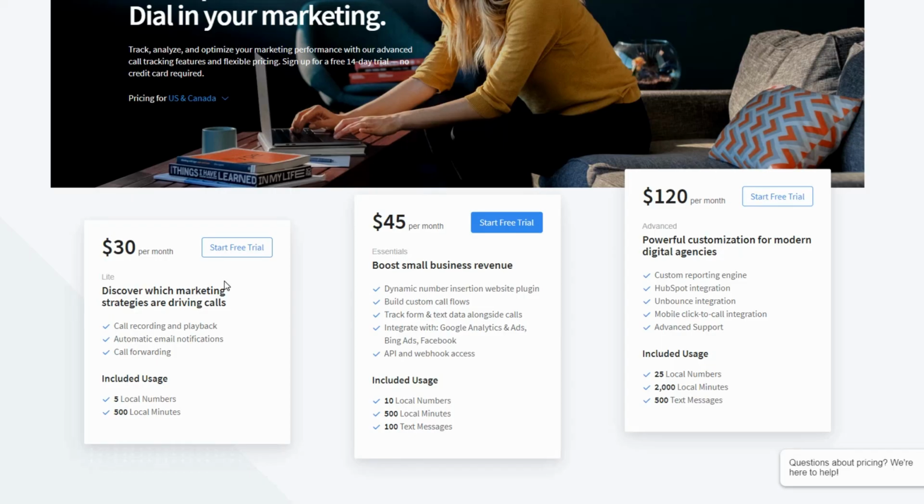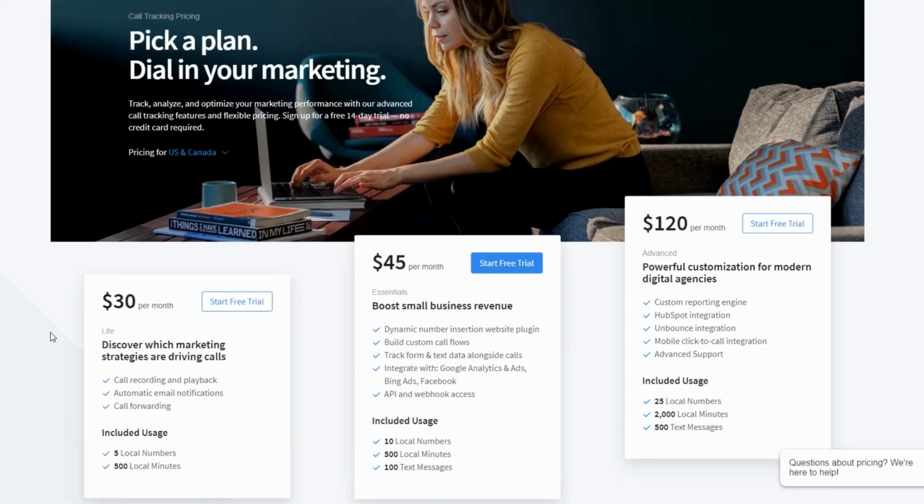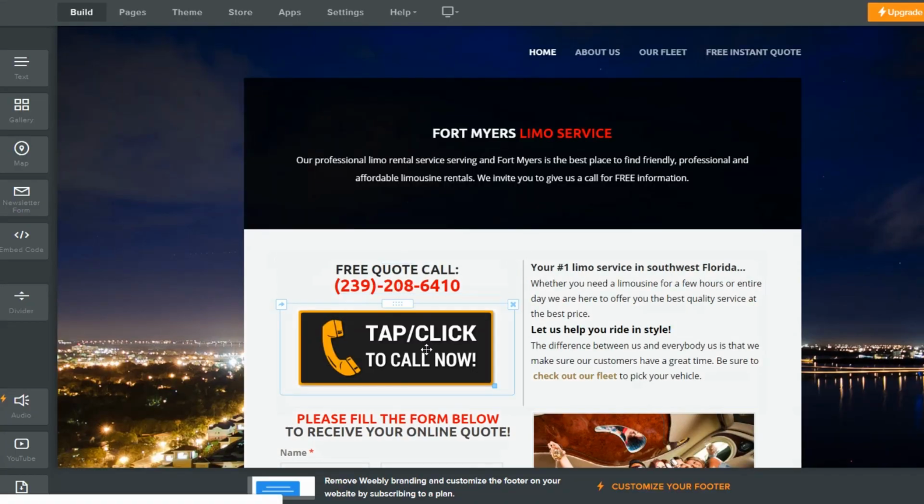Now the cool thing about this is that Callrail has a feature that allows you to include a whisper or welcome message. That means you can record yourself saying something like, "This lead was referred by Lester Diaz." So every time I forward a call from my website, from my number, to the business owner's number, the first thing they hear when they answer is, "This lead was referred by Lester Diaz." So they would hear my name multiple times before they get to the actual lead, and they would get to know my name.